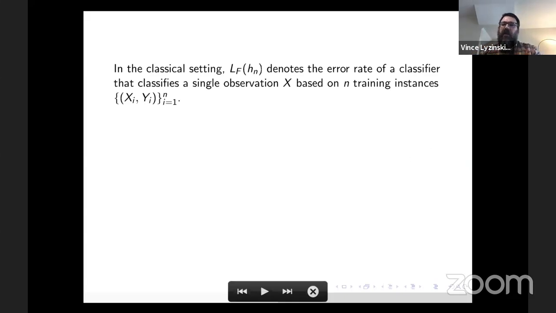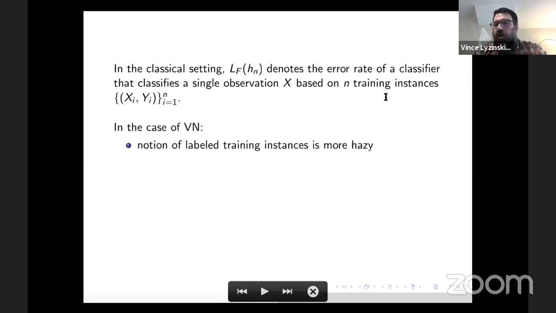Back in the classification setting, the idea of training is very well defined, right? You have these n training data points where you have label and data, the xi, yi pairs, and you leverage that information to label your unlabeled point. So the idea of training is a lot clearer. Vn doesn't really fall into the classification framework. The idea of training in this case is a little hazier.